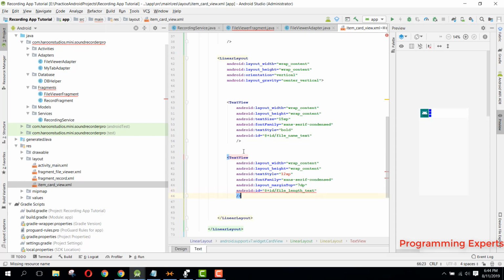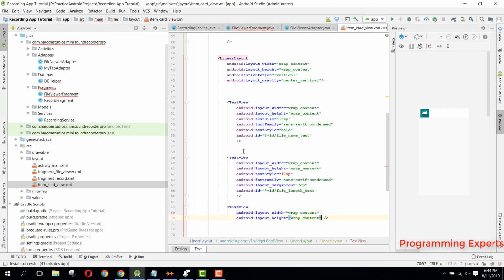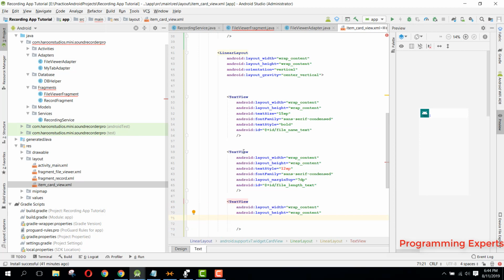and finally we can set the ID to file length text. Okay, and after this we will have another field, and it will be the time added. So for that we can say text view, it will be wrap content, and the height will also be wrap content. Then we will set the ID as file time added,